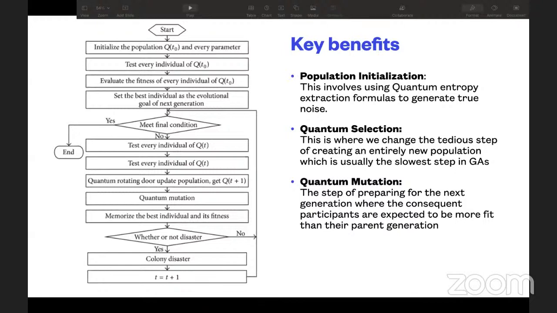So by just keeping a qubit in a 50-50 superposition and then measuring the state, you have any one of 0 or 1. What you do is you repeat this process for multiple qubits until you have a certain number of bits, and those 0, 1 bits are combined to get a random number. So that is exactly what we are doing here.